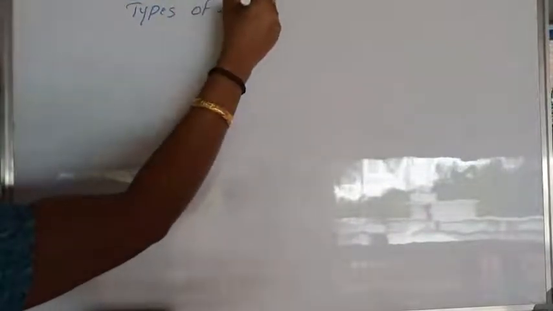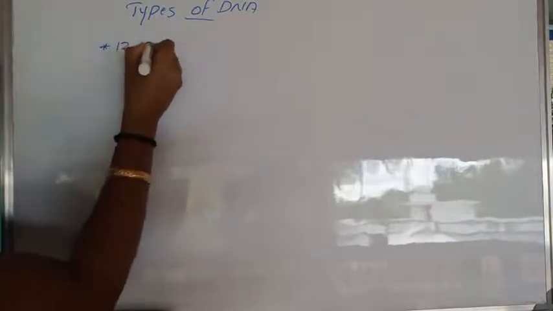Now, what are the types of DNA? Last day itself we discussed there are different types of DNA. So under different conditions, on the basis of the number of base pairs and whether the DNA duplex is a right-handed helix or left-handed helix, the DNAs are more than 12 forms.